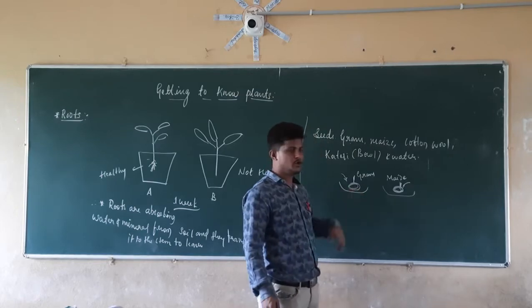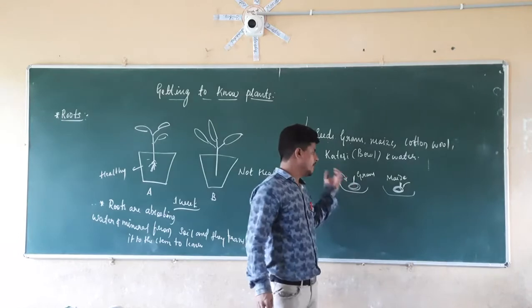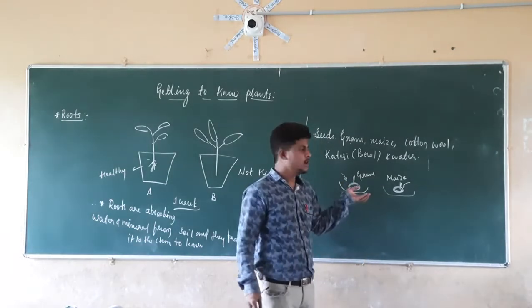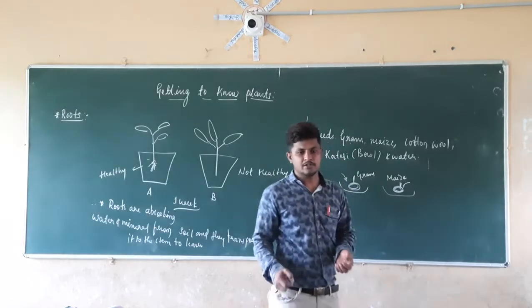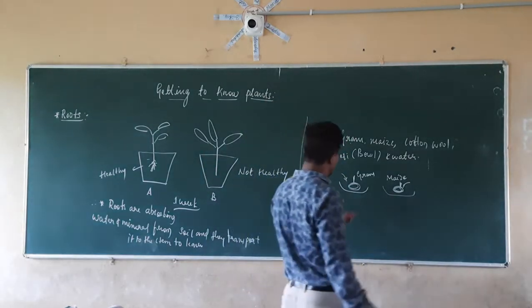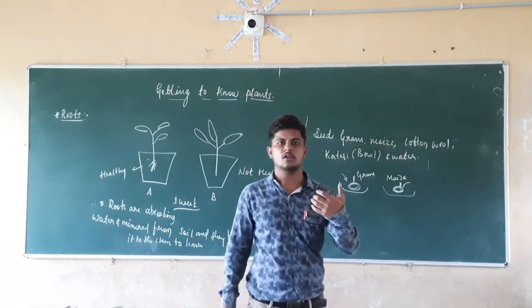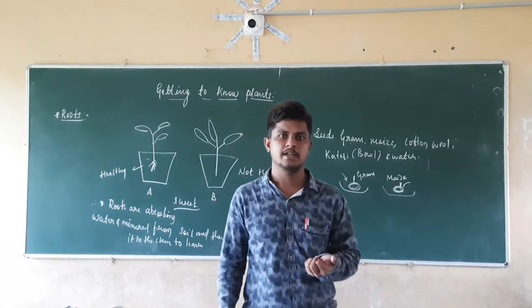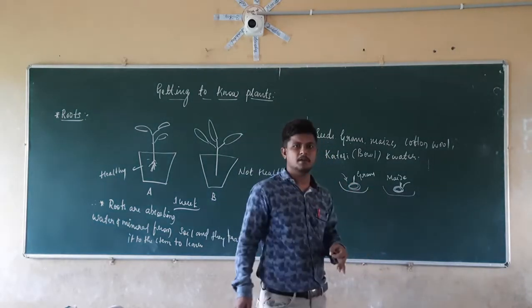After the sprouting of those seeds, after the stem is coming out from those seeds, we have to take out both the cotton wools. We will try to remove the cotton wool from that. So when you try to remove the cotton wool from that, what is going to happen here? It is not possible to easily remove the cotton wool from that plant.